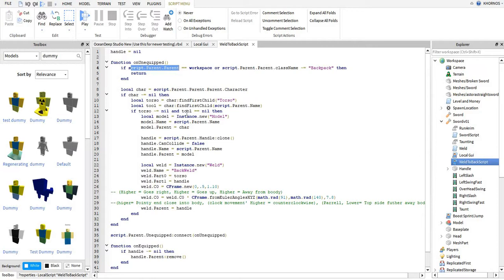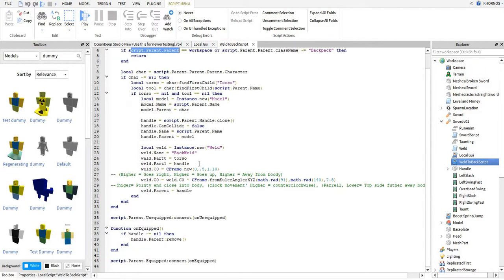But basically, what we want to work on is this part right here. It's the 0, this, and this. And I wrote this down. Higher equals go right. So this one means it goes right. The middle part means it goes up. The higher your value, the higher it goes up. And then away from body goes from that. Obviously, these are notes for me to understand. So higher pointy end goes close into the body, meaning